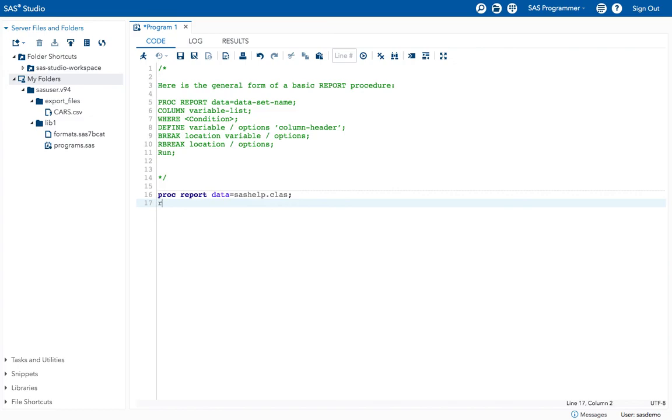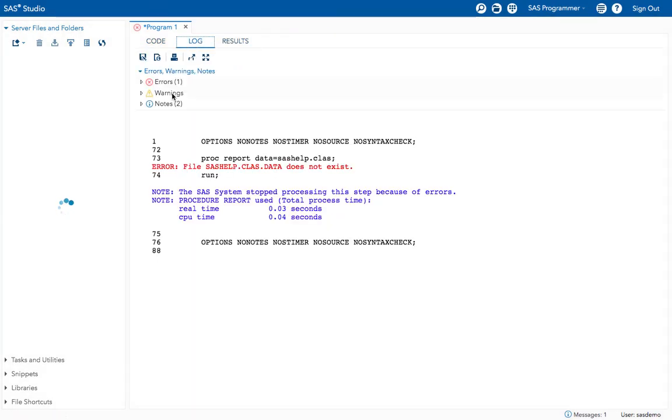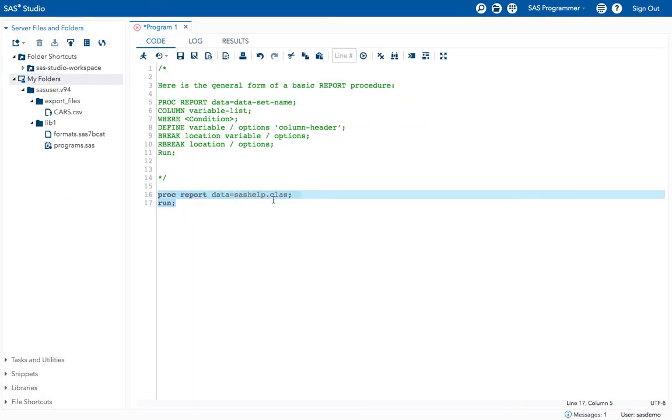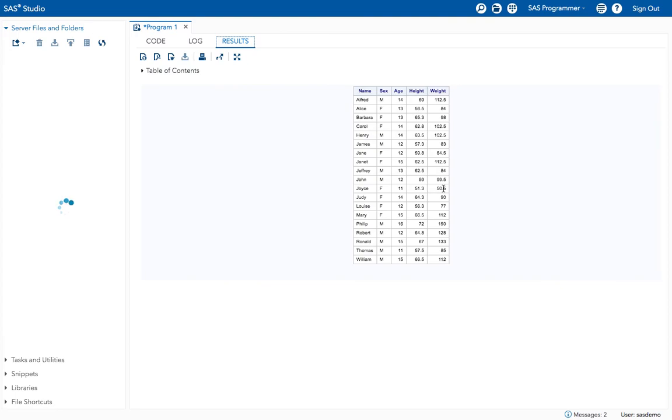Okay, now execute the program. See, now it will generate a result. Yes, is missing. Okay, now execute the program. See, now it generated the result. Okay, now it is looking like this, right?